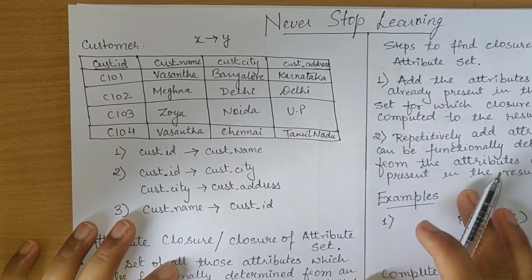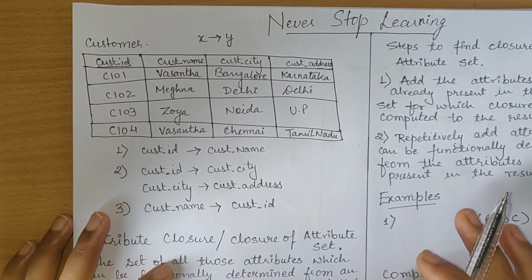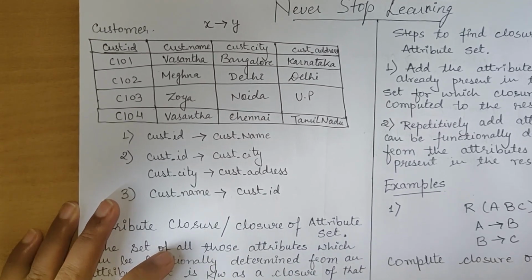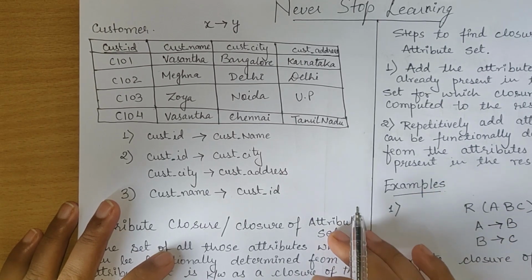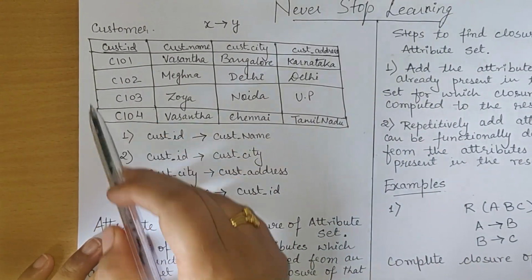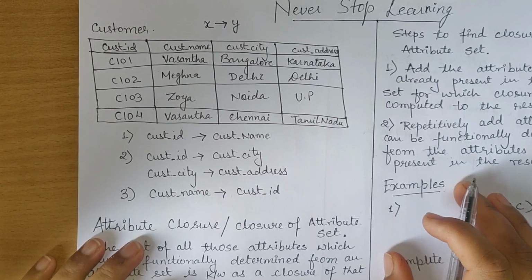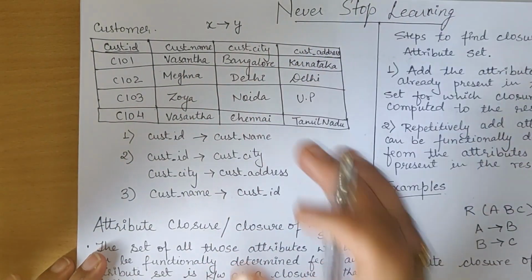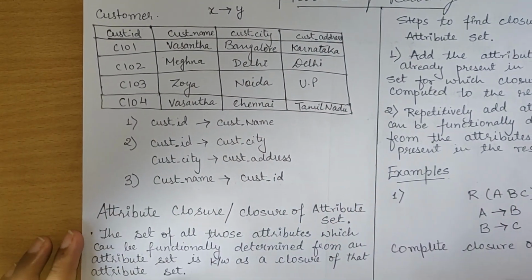So today our topic is closure of attribute, and functional dependency plays a very important role here also. I'm just taking one example so you can understand where the functional dependency holds and where it doesn't hold. Fine. As you can see here, I have a customer table. In this customer table, customer ID is the primary key, customer name is there, customer city and customer state are there, and I have entered a few values. Now the following functional dependencies are given to us.